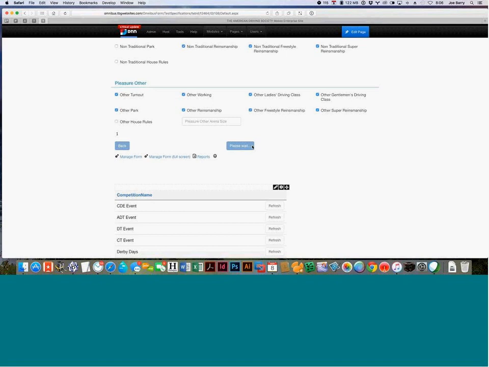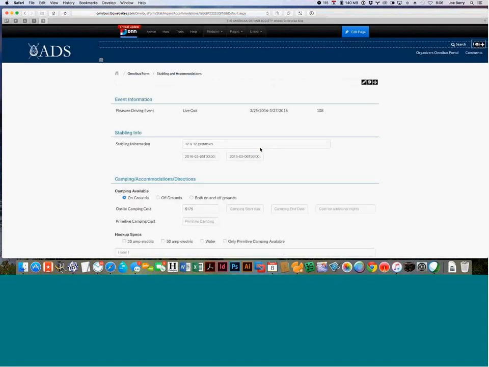Provide what it is that you're, what the classifications are going to be for your competition. It'll get you to the next page, stabling accommodation. And it will ask you for the type of information, in terms of what kind of stalls it